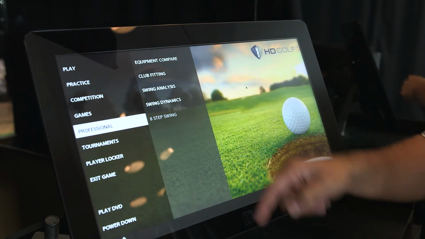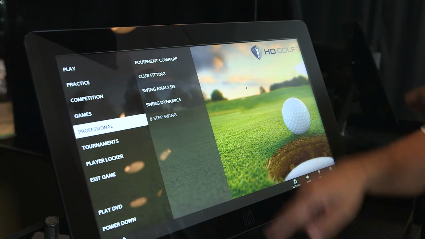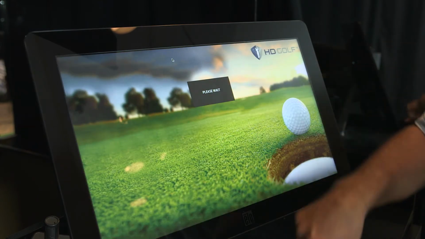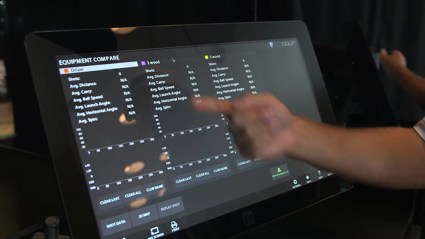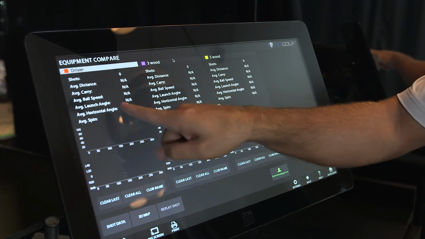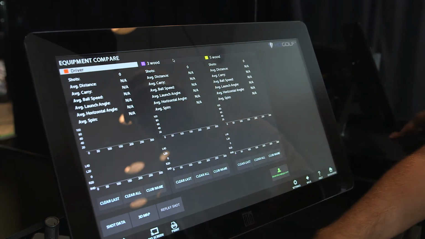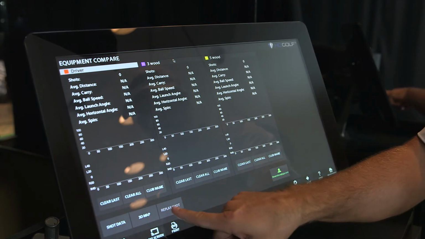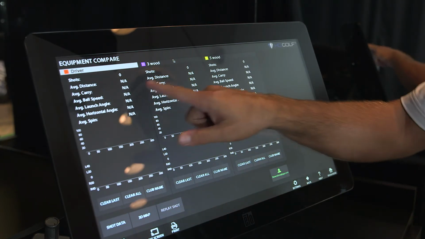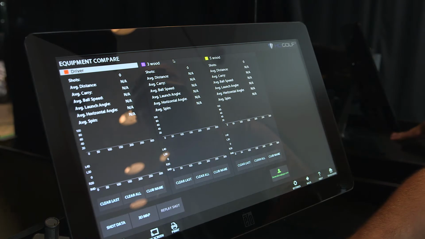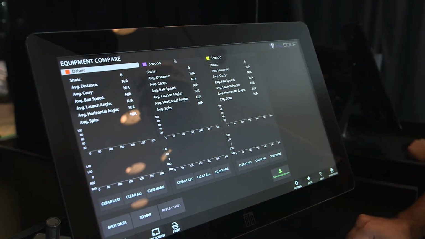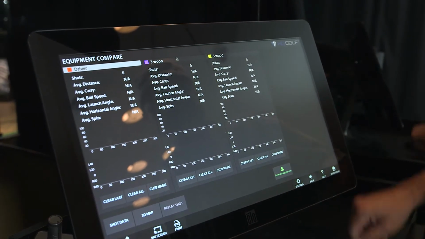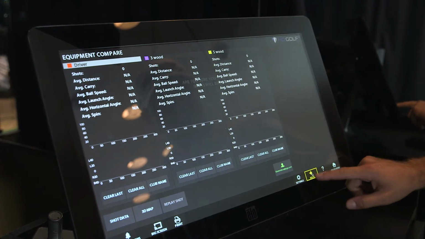We're going to focus on one of them today, but let me briefly summarize the menu choices. Our first is Equipment Compare. This lets me compare apples to apples. I'm able to pull out, for example, 5 drivers and compare shot data by each club to determine which one works best for a particular student. So if you have different shafts, club heads, grips, we can become highly objective and determine, yes, this is the